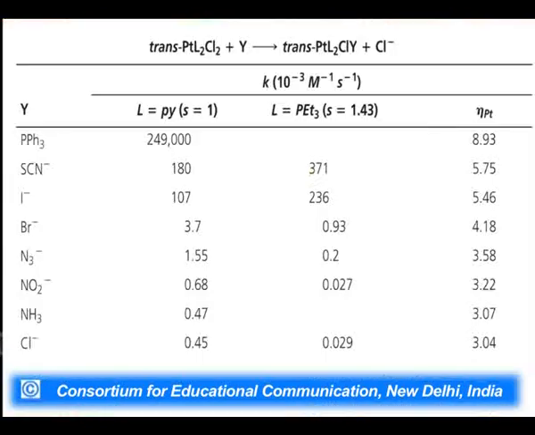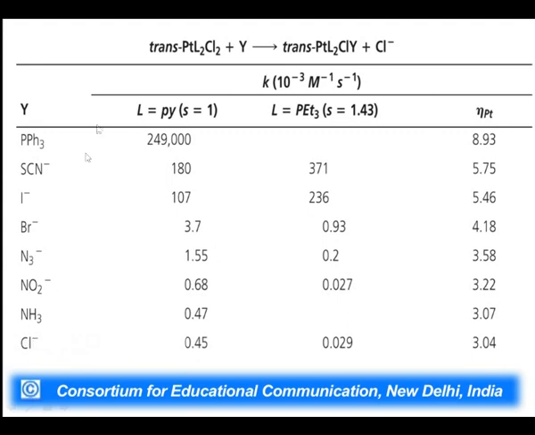Now, if we see this reaction, the substitution reaction of trans-dichloro complex with ligand L on platinum, one of the chlorines is replaced by Y. The ligand L remains constant in all the reactions, platinum is the same, and one chlorine is replaced by Y. In the first case, the ligand is pyridine, so it is the dichloro dipyridine platinum complex, and the substitution is studied with various entering groups like PPh3 (triphenyl phosphine), isothiocyanate, iodide, bromide, azide, nitrite,